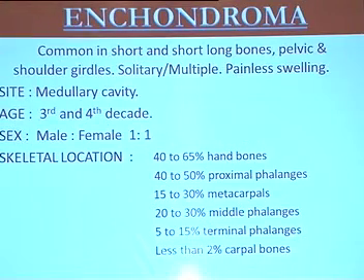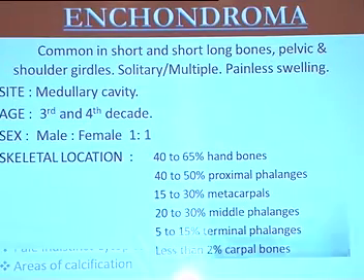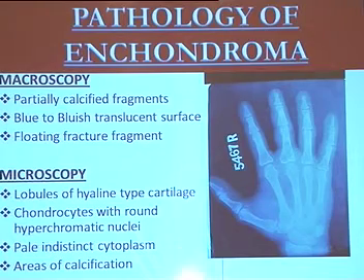The enchondroma is most of the time present in the multiple or solitary type, painless to painful type. Even malignant transformation is noted in some cases. It is a very common tumor. The pathology of the enchondroma is of a central type, and it can be epiphyseal or metaphyseal, but it is usually metaphyseal; the diaphysis is rarely encountered. The short long bones and short bones are commonly affected, even the long bone is noted.